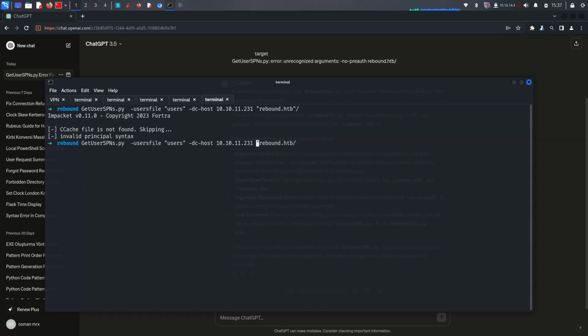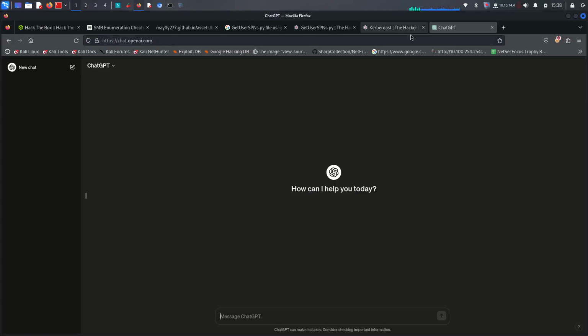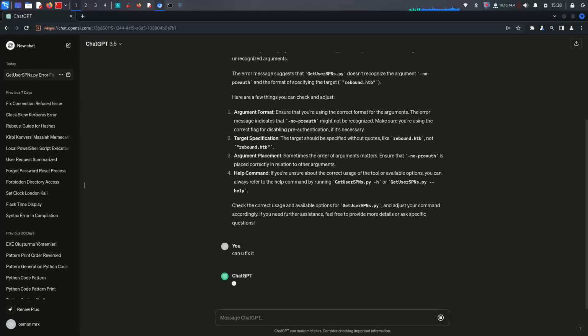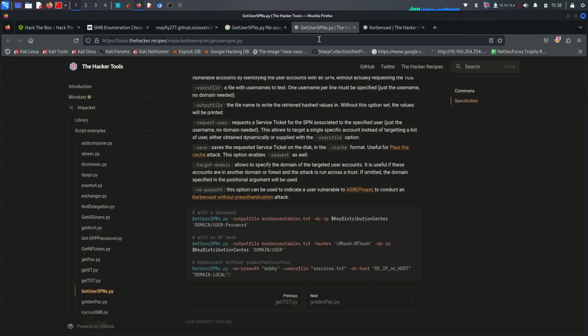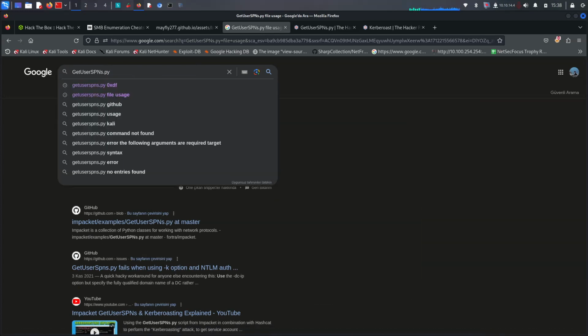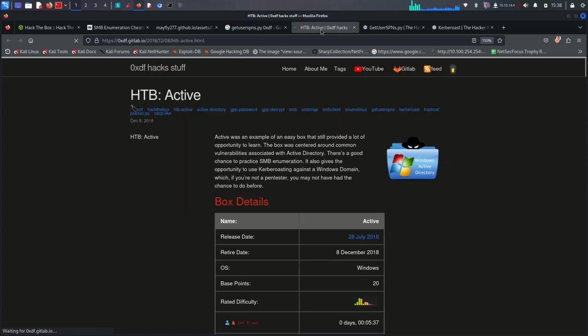Let's say with this. So can you fix it? I don't think that there is anything wrong, but maybe it's a version problem. So GetUserSPNs.py, and we can see he is using it on